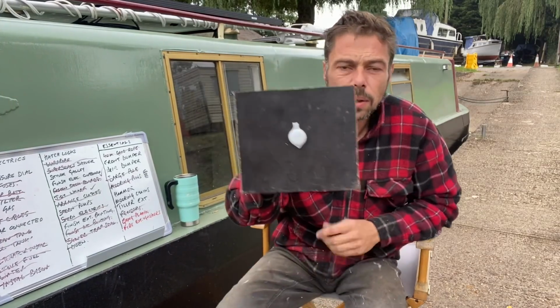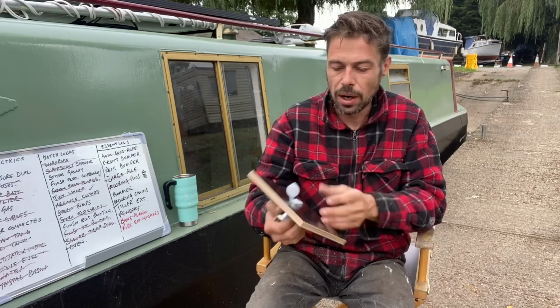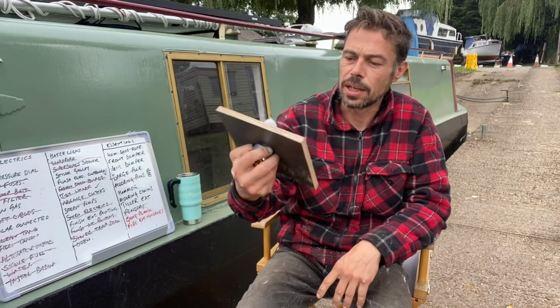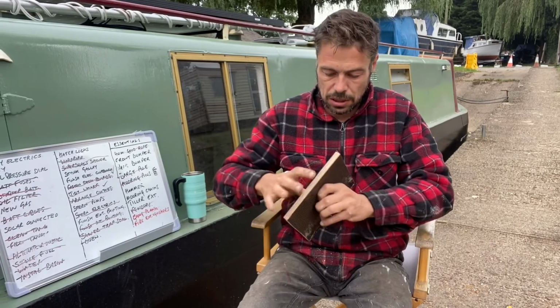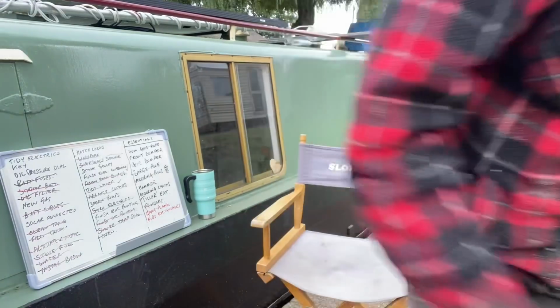Right, there we go. Not exactly sophisticated, but that's it. So I can now mount that onto the side step, wire it up, and I have an ignition key. That's cool. Now I've just got to work out the place to put in my